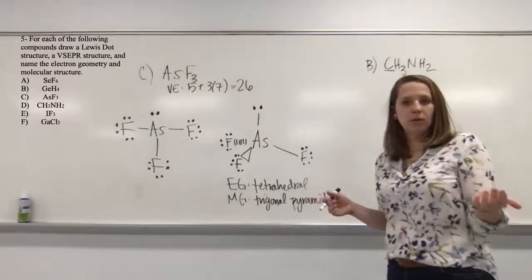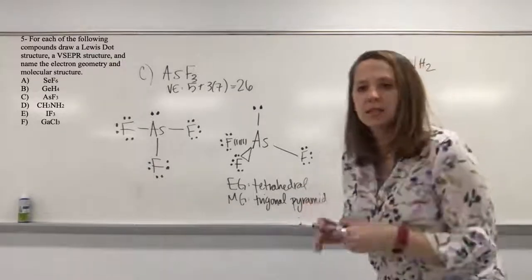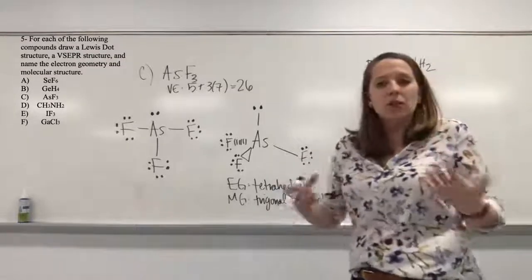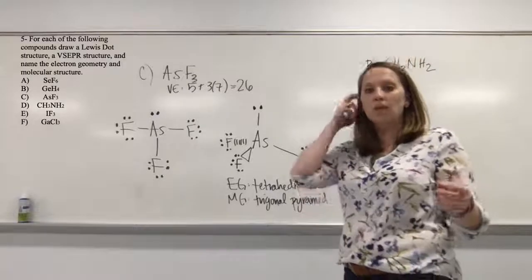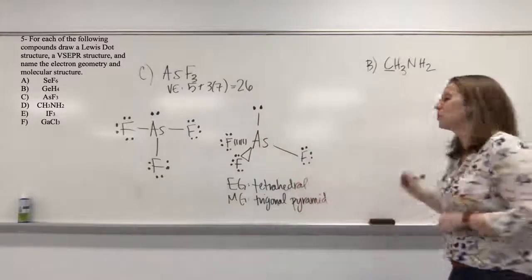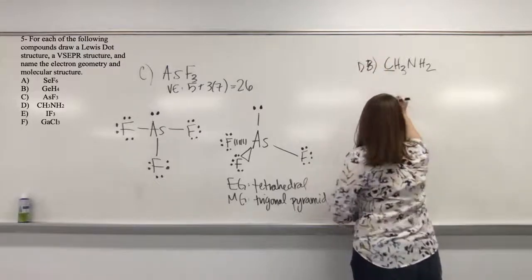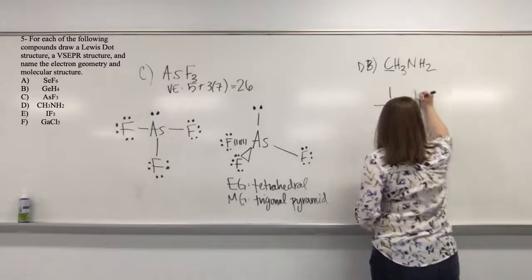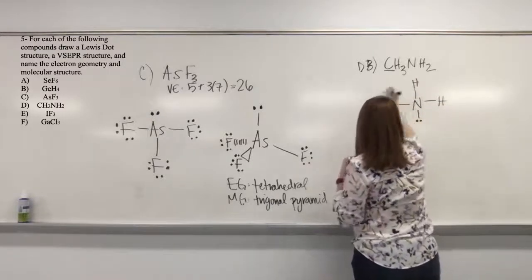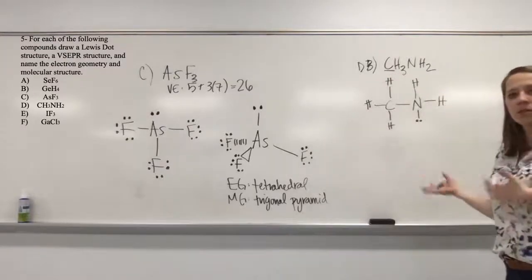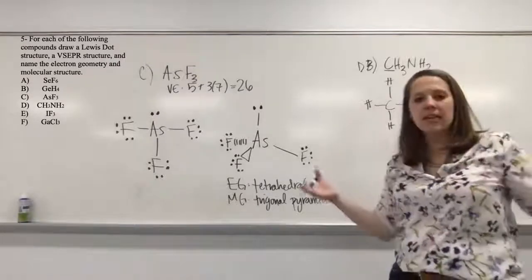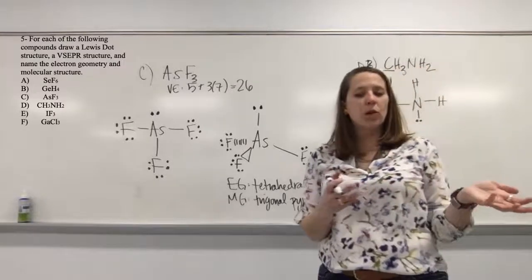So I'm going to give you the Lewis dot structure right now. Because for this one, it's kind of outside the scope of what we've learned. This would be more like any of the bigger molecules. So let me give you a Lewis dot structure. And this is D. If I give you this Lewis dot structure, you should be able to draw a VSEPR structure. This is in the teaching environment, and so I didn't give it to you on the worksheet,